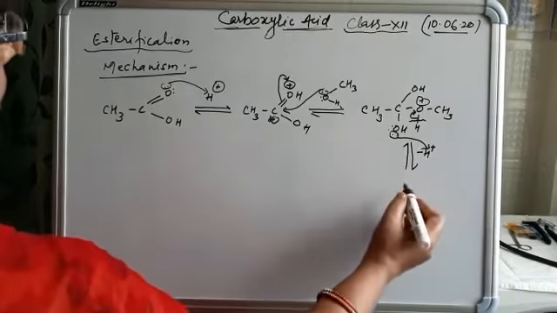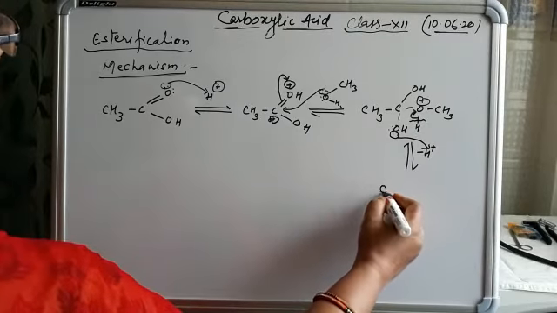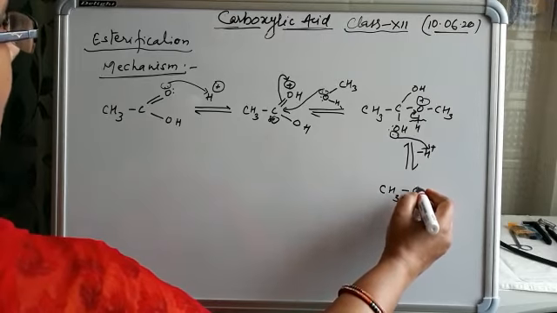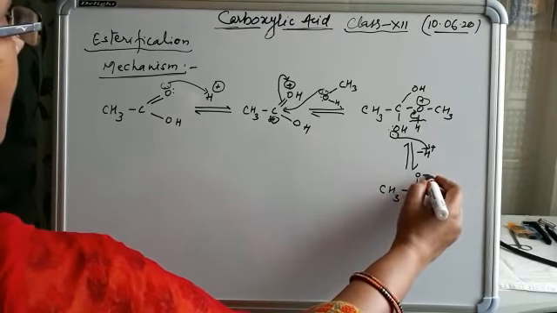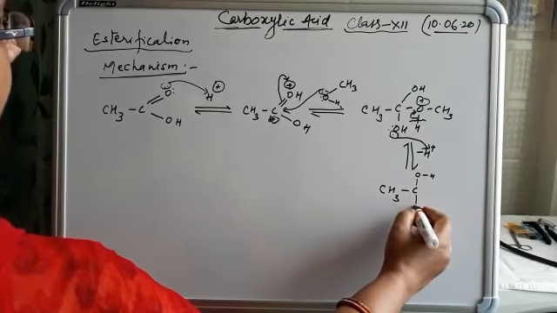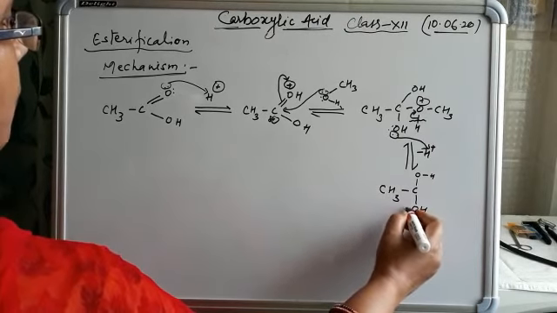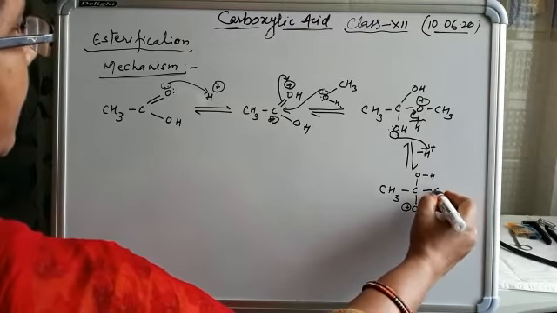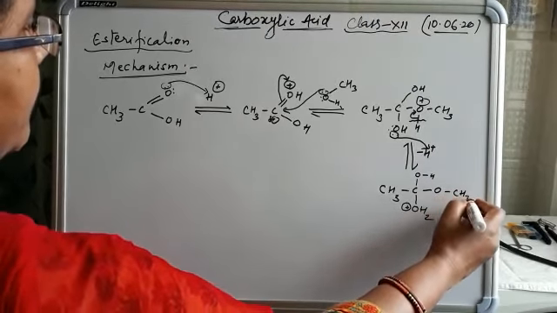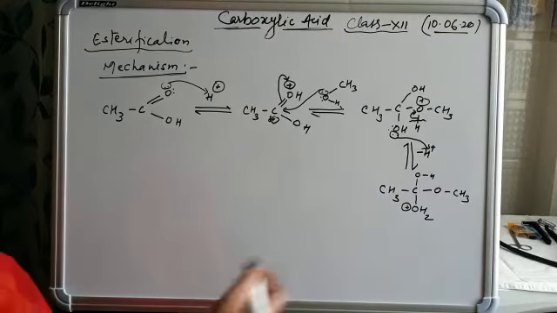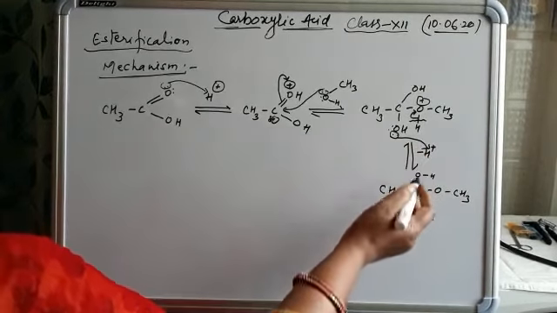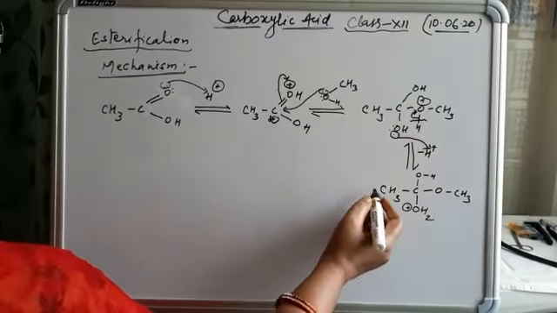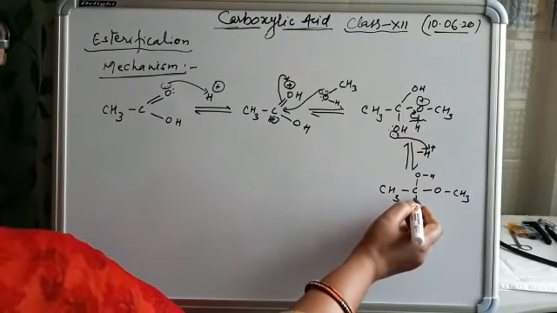And this H plus ion is taken by the lone pair of electrons present on the oxygen. So see here what happens. Now CH3, C, here is OH, and here OH2, and positive charge appears at the oxygen, and here O, and here CH3. So we can say that the transfer of protons takes place within a molecule. What happens?